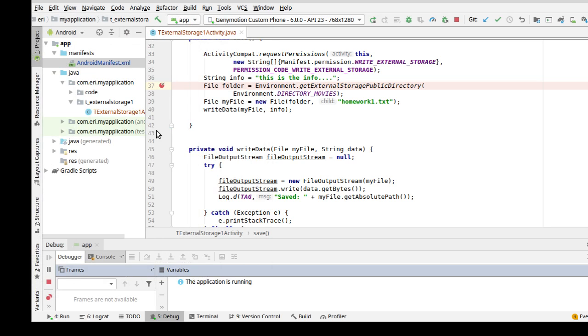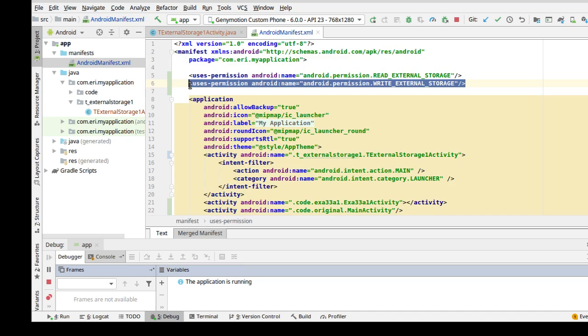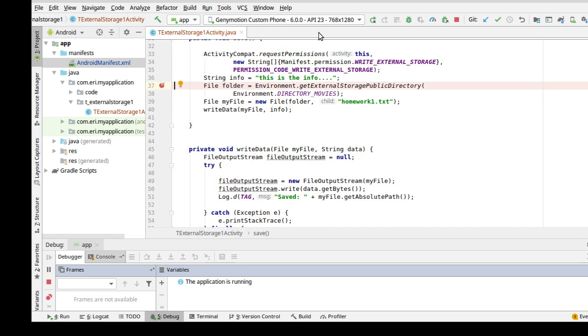So to do that, we have to go to the Android manifest, and we have to add a permission. In this case it is the write external storage permission, and that's it. You don't have to do any more. You can close it, and then